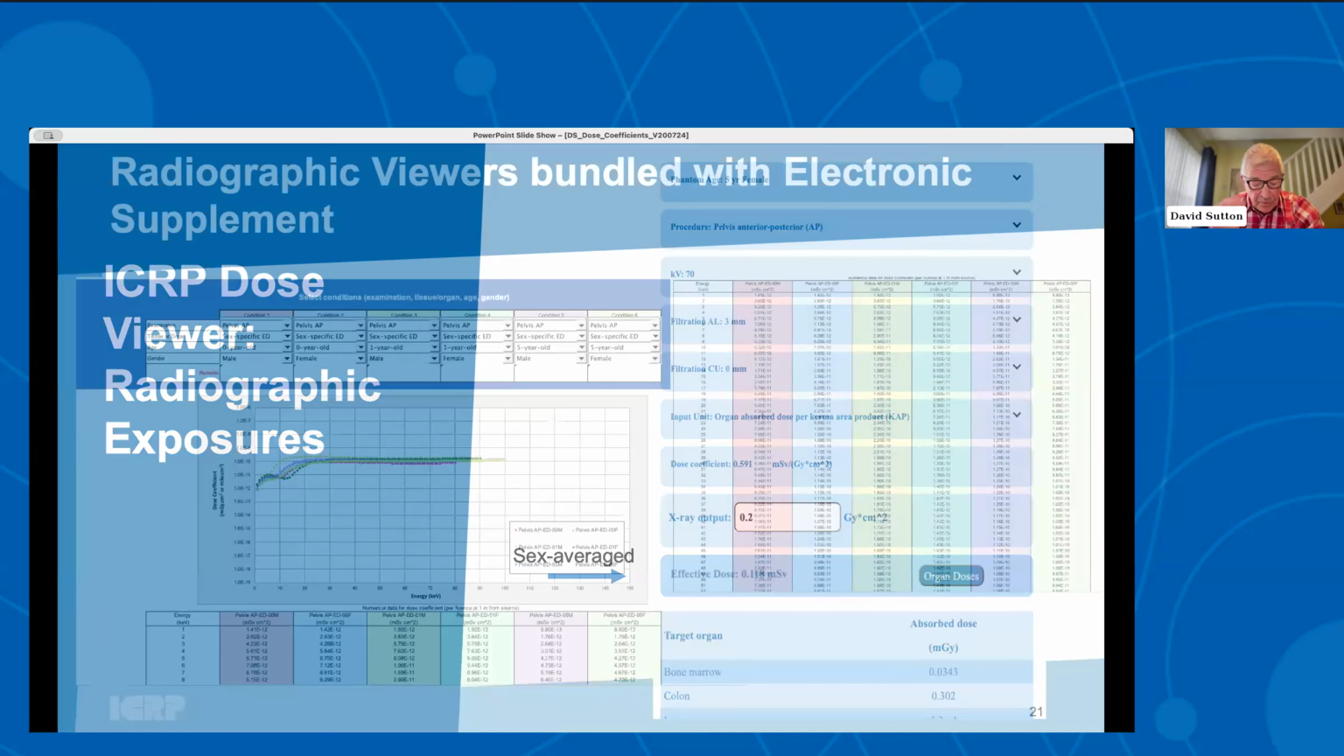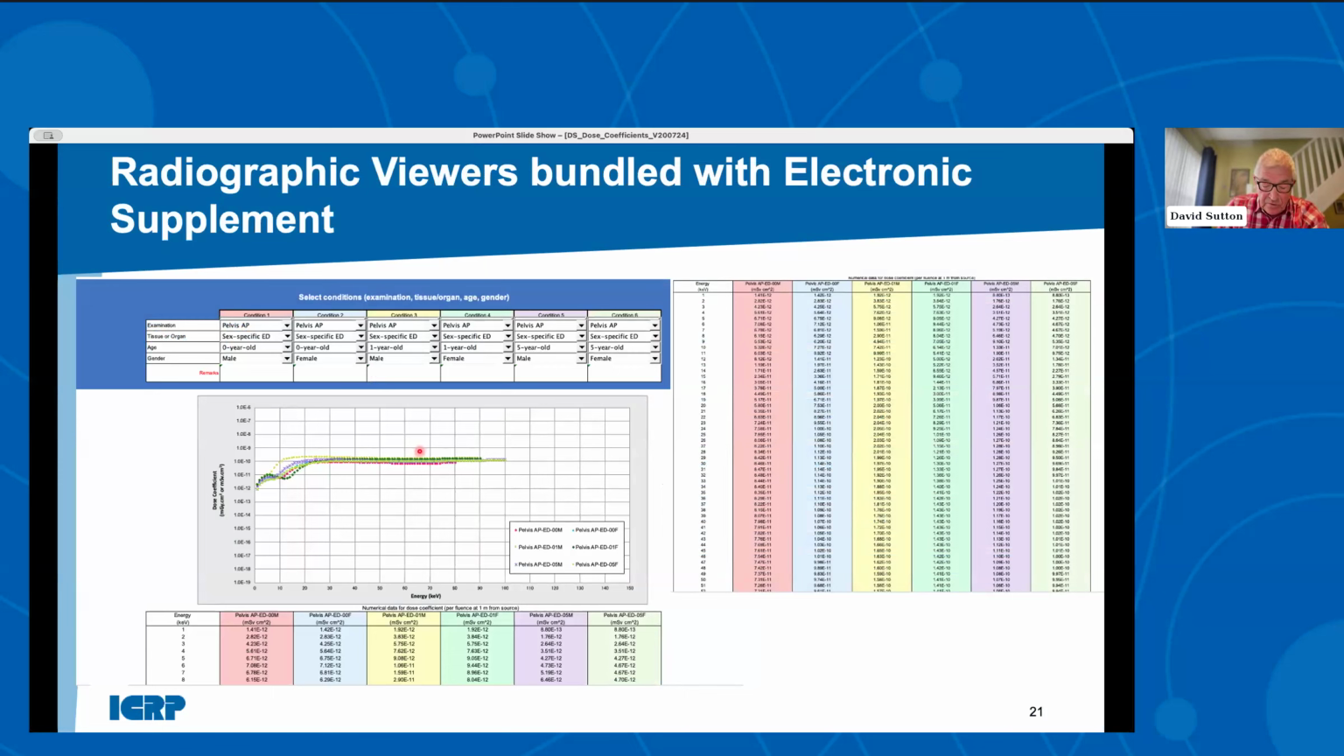However, there will also be viewers that are bundled in the report with the data sets themselves. And this is an example of the monoenergetic data viewer, which is a macro-enabled Excel spreadsheet. It enables the user to plot and extract dose coefficients for up to 6 conditions. I've chosen 6 here for the pelvis AP,